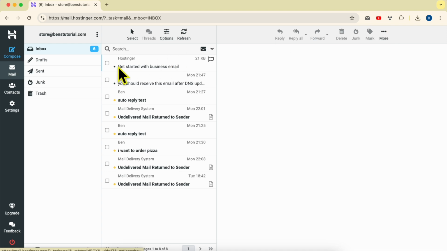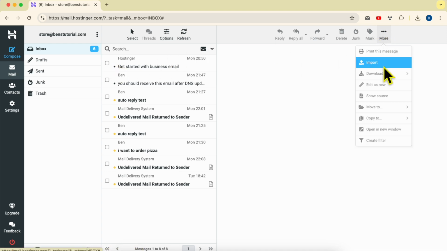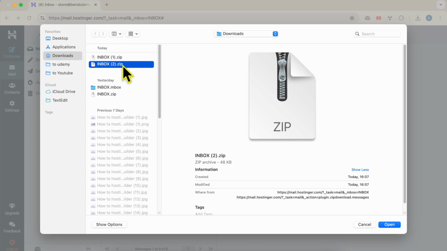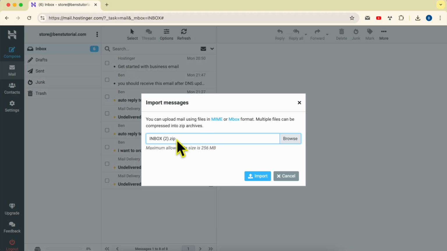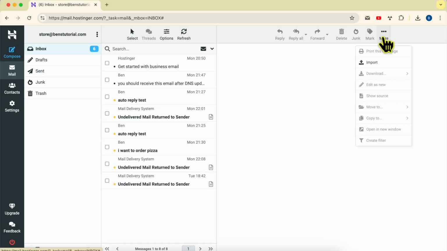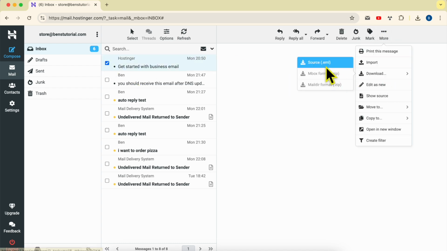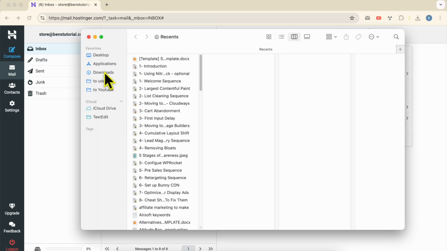Now I will import the second archive. The difference between the first compressed file and the second one is that the first one is an inbox format, and the second one is mail dir format. If I decompress them,